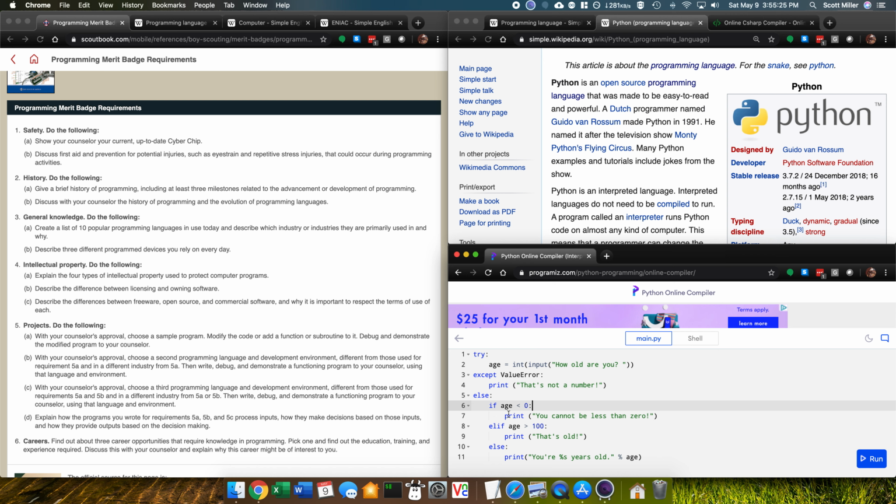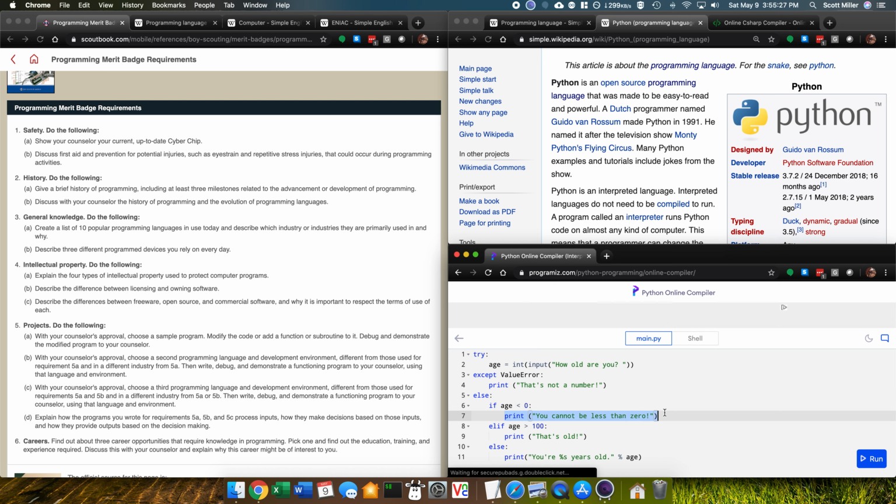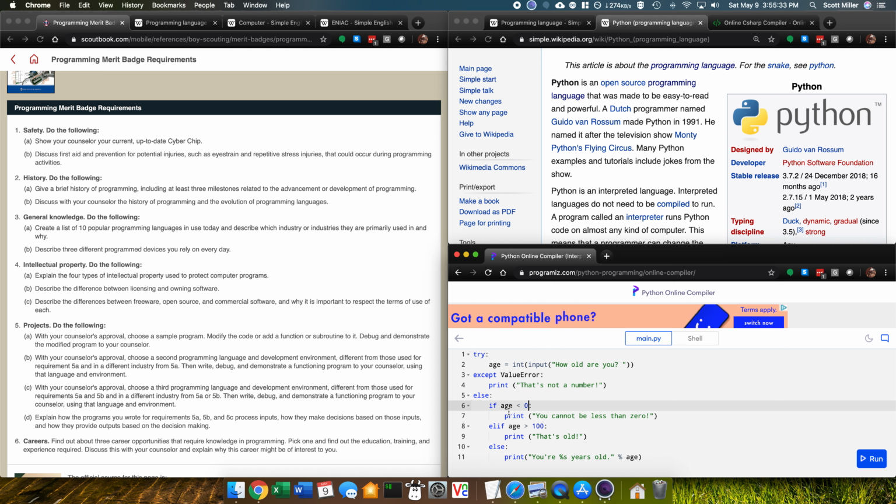And if that happens, you're going to say print, you can't be less than 0, that's silly, and then move on. If the age is not less than 0, then it doesn't print this, and it goes to the next thing that says, well, else, if the age is greater than 100, then it prints, that's really old, and then you're done. And then the last option is that if you are not less than 0 and you are not greater than 100,